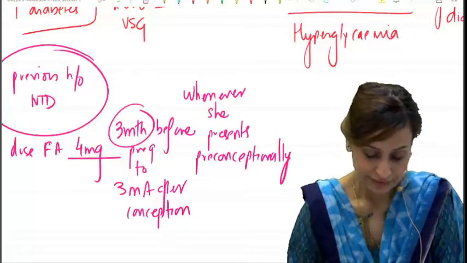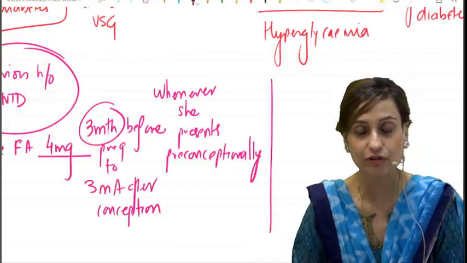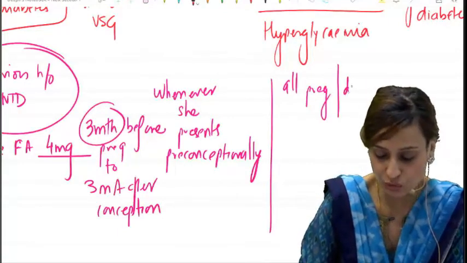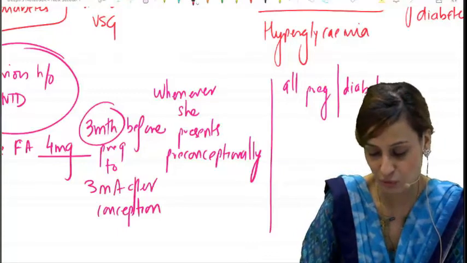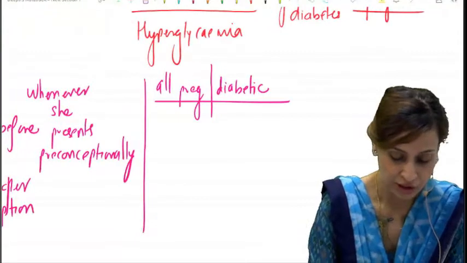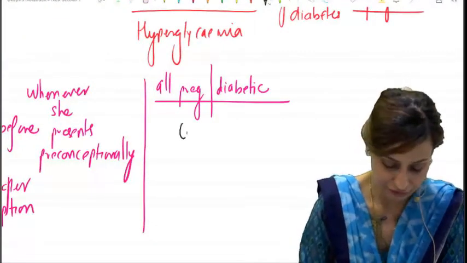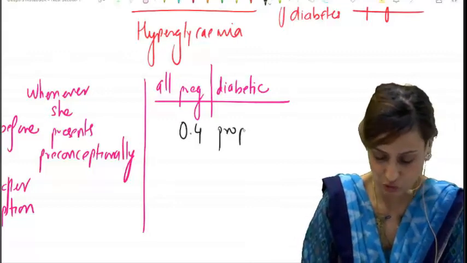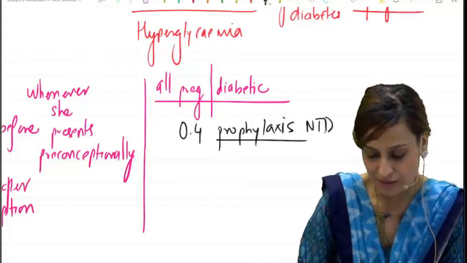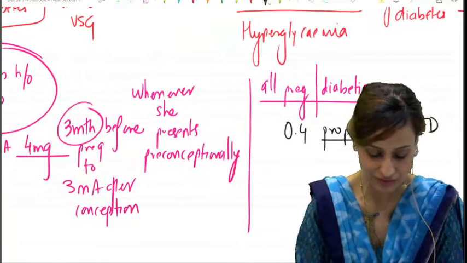Then please remember, do not confuse it with the dose of folic acid which we give routinely to all pregnant women, including diabetic women. All pregnant women, including diabetic women, would also need folic acid, but the dose here is for prophylaxis of NTD. Be careful, this is how they can confuse you. This is simply prophylaxis of neural tube defect, whereas the one that we discussed, 4 milligrams,